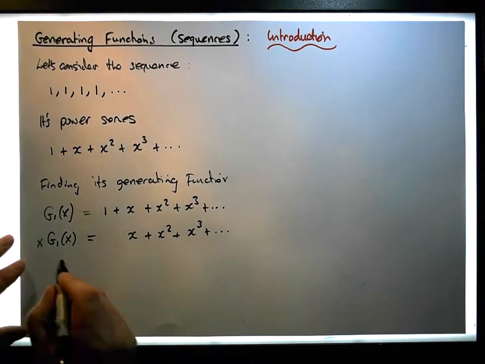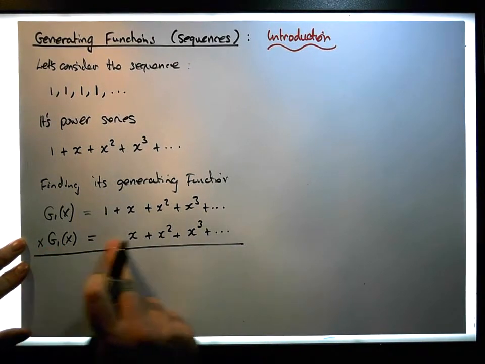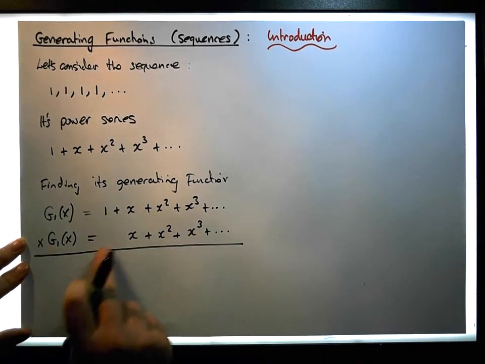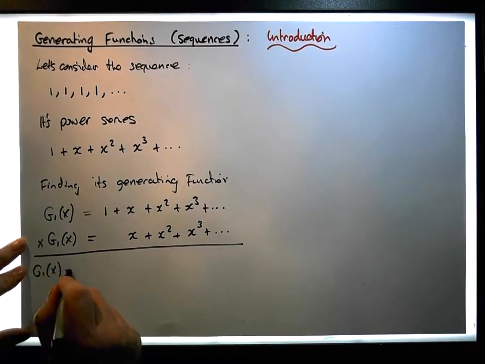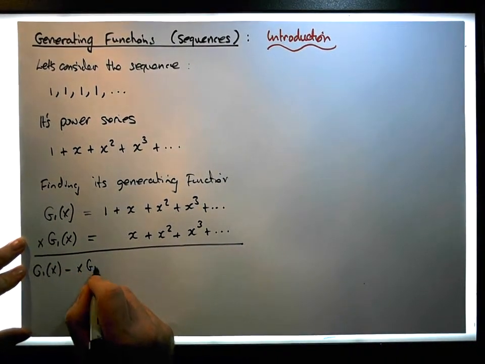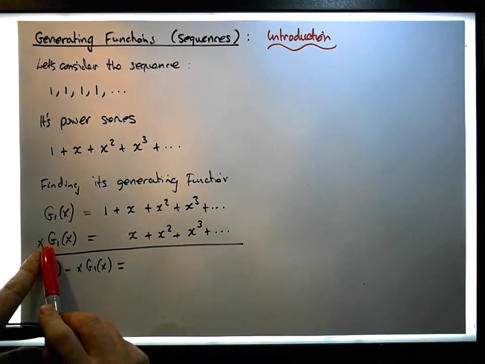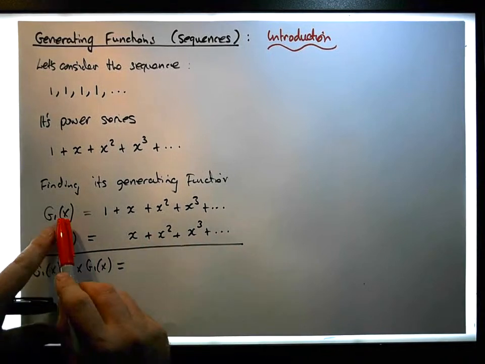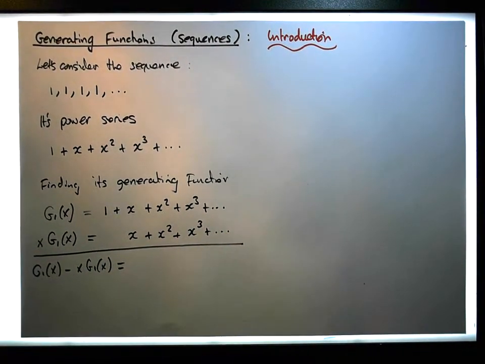Now we'll subtract this new series from the first one. So we're going to calculate g1 of x minus x times g1 of x. Effectively, we're taking this series away from the first series. This is the positive version of it, so the negative version will be